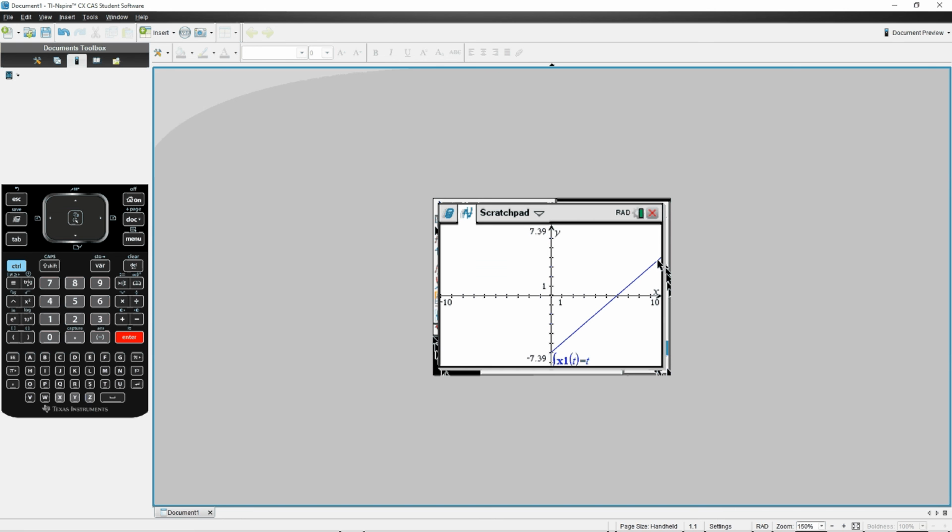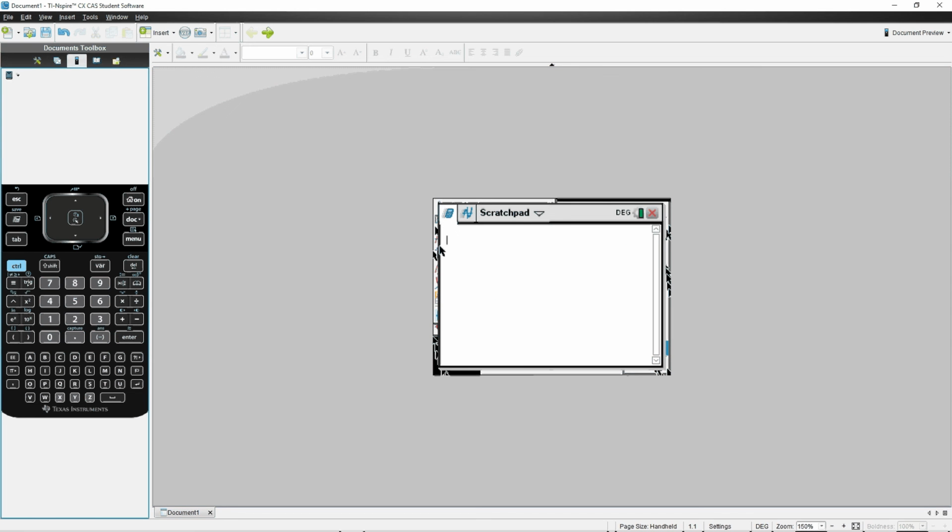Now we're going to move on to the other half of our calculator, which is our scratch pad, and this is when you're computing or differentiating or integrating, and those are the two things I'm going to be focusing on. So something to note is that the TI-Nspire is going to be a computer algebra system, which means it evaluates everything symbolically, which means that you don't necessarily have to put in the bounds for your integral and have it integrate something numerically,